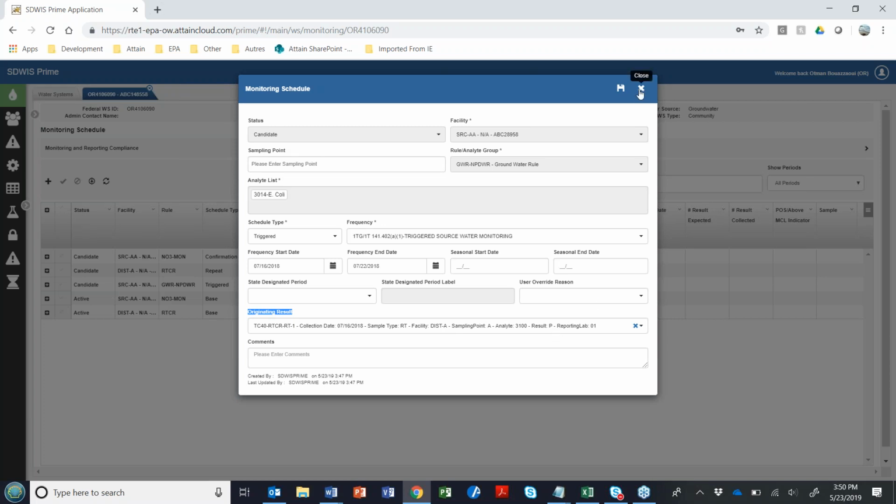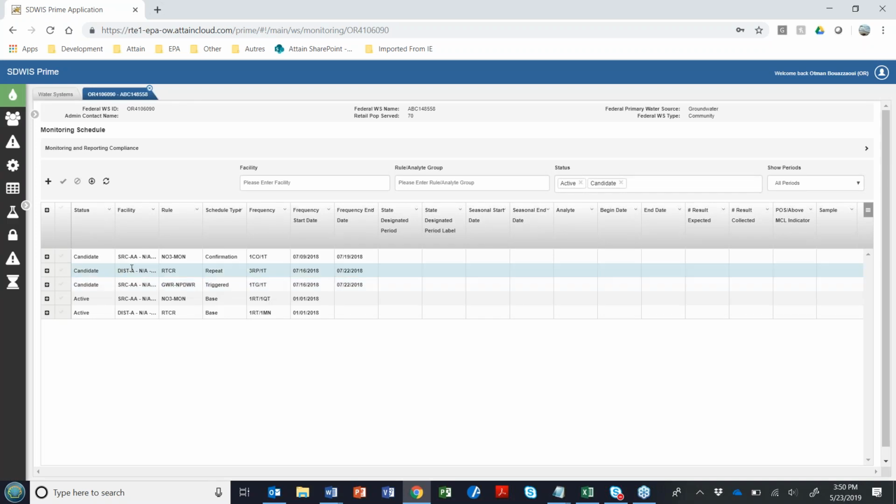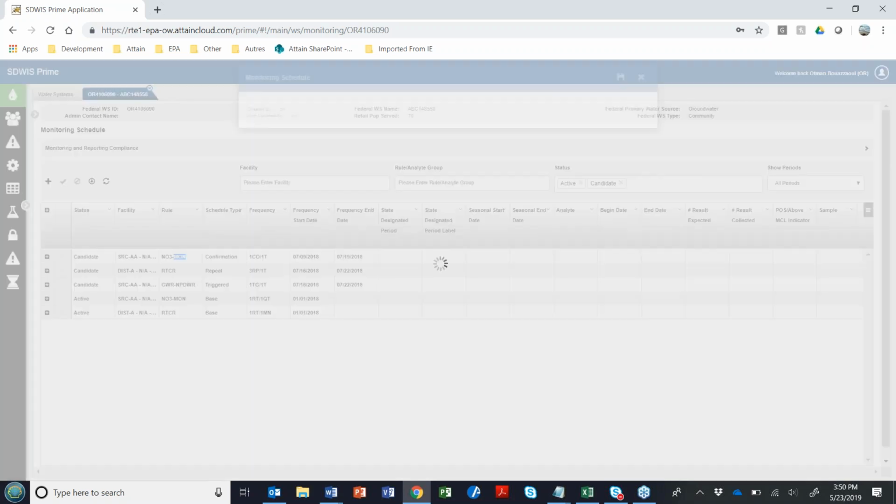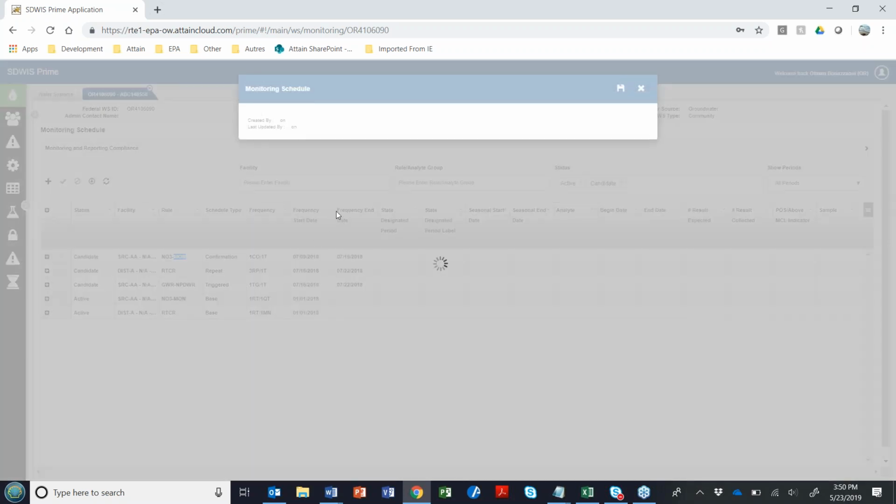So that's for the repeat schedules and triggered schedules that are created by the BRE. Now, if we go to the nitrate one, the confirmation that was created because of that 10.8 milligram per liter, it's thinking.